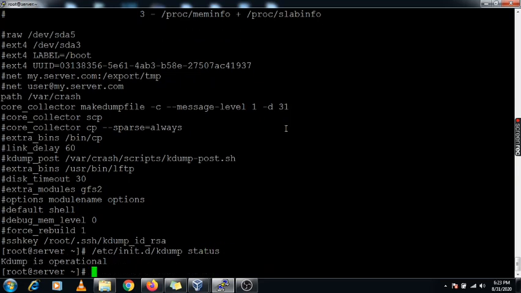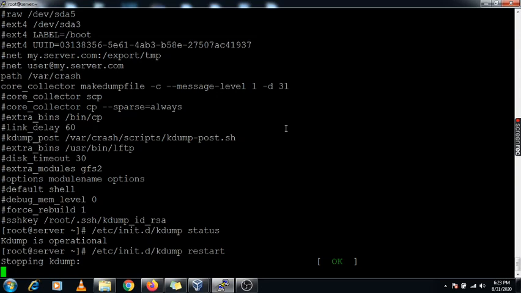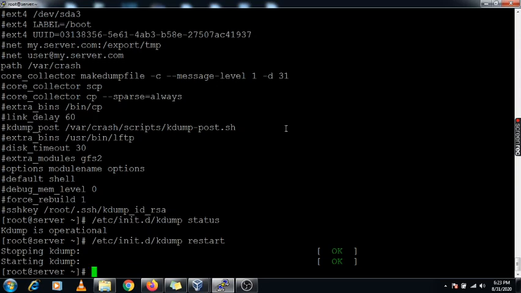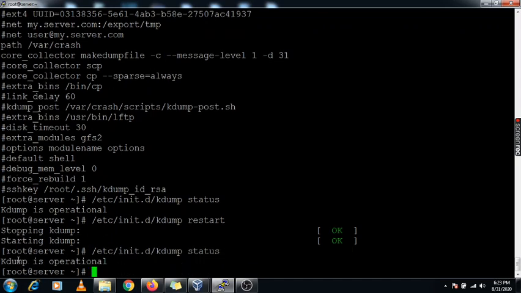It shows operational, but I have made changes inside the grub.conf file, so I am going to restart the service. Yes, the service has now started successfully. Now I am checking the status. It shows kdump is operational. If it is not operational, then the kdump utility is not working. Now the kdump utility is working fine on my server.